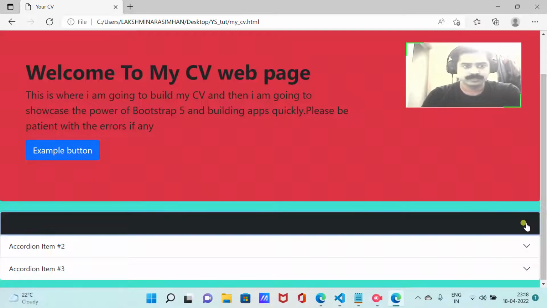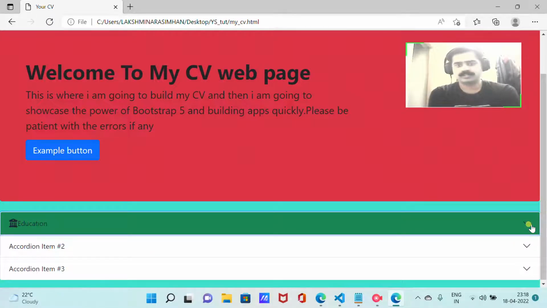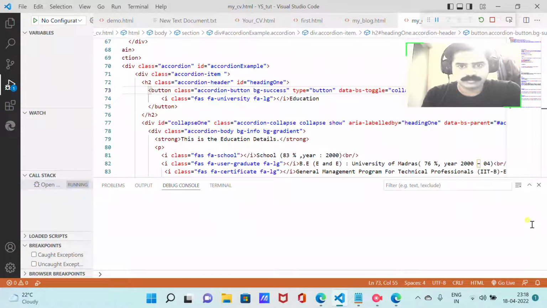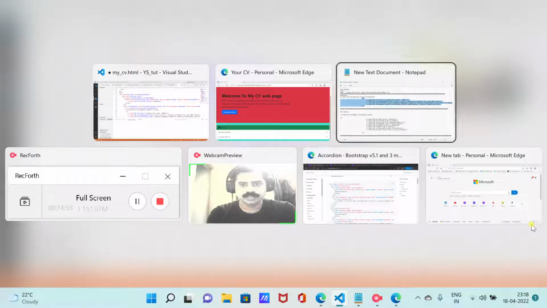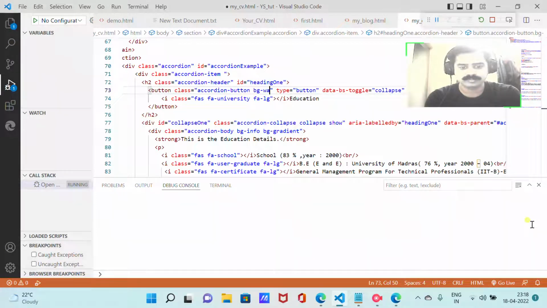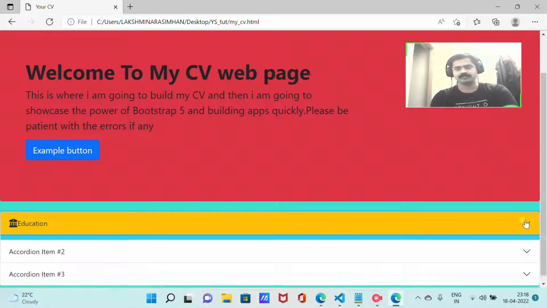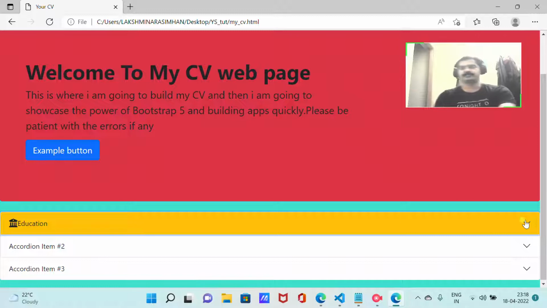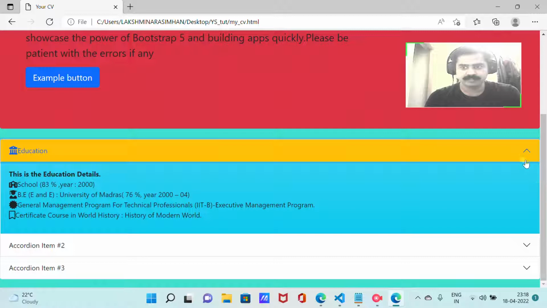BG success. Okay. See. This is still okay-ish, but this is not the right way to do it. But still, we are okay. BG info, BG danger. I'll also explain BG warning, which is another color we have. Maybe if I give BG warning. Okay, this looks good. So this is how fast you can build. You have built your